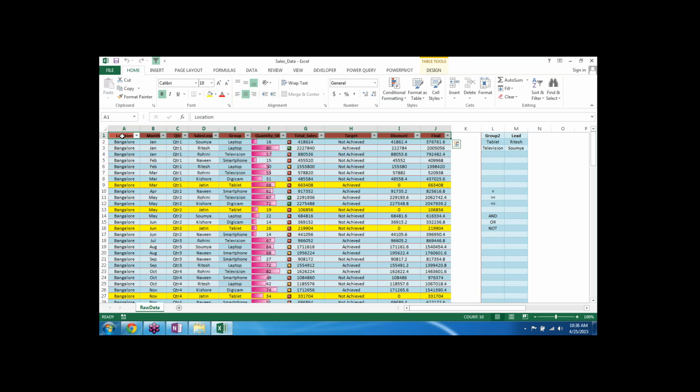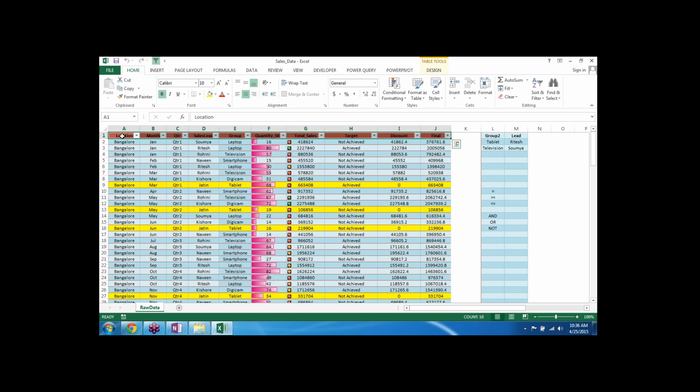So once we see that there is nothing to be checked for relationship of data, this is merely a simple data. So the next step before visualizing the data is to make a pivot out of this particular data. So making a pivot is very simple and very effective also.